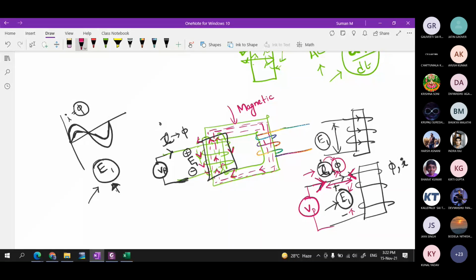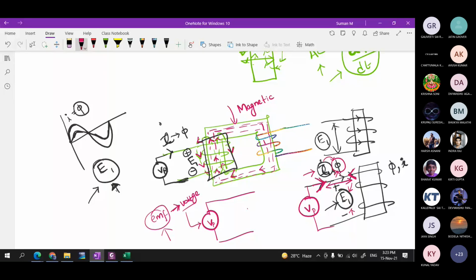So to literally say, you have a source EMF like this. You can consider EMF and voltages the same. Voltage means you are directly representing the voltage source. EMF means it is induced because of something happening. Here, a rate of change of flux happened, and because of that the EMF is induced. Basically both are similar, nothing different.